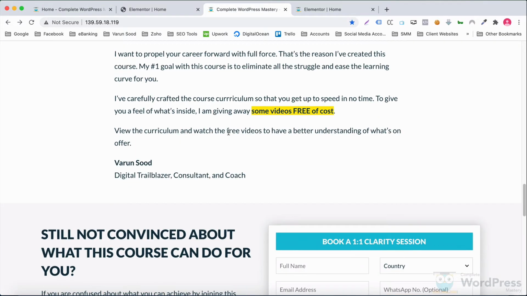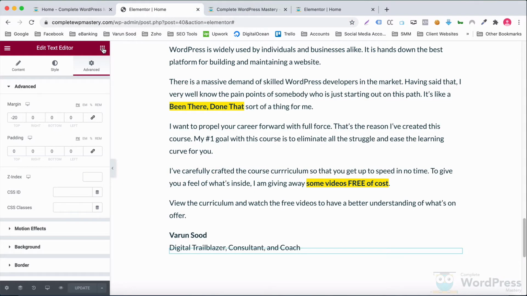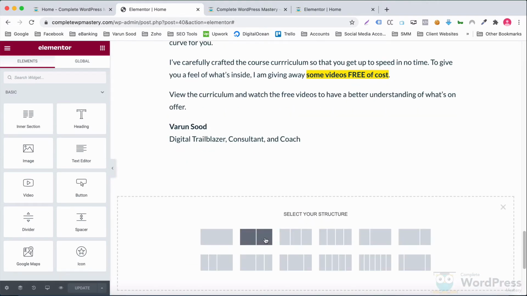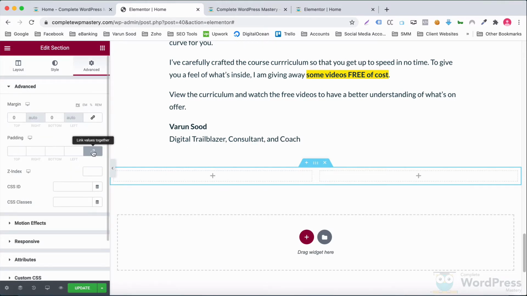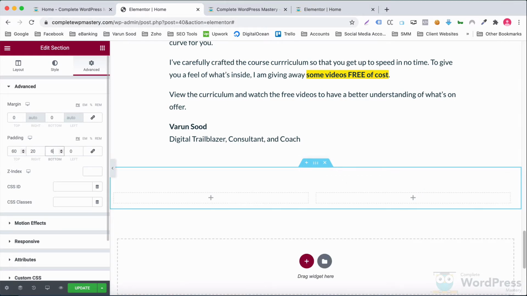Next in line is this section. It's a 2-column layout, and I believe you have an idea how to create this. I'll add a section with 2 columns, set its content width to 1200 pixels, margin to 0, and padding to 60-20-60-20.